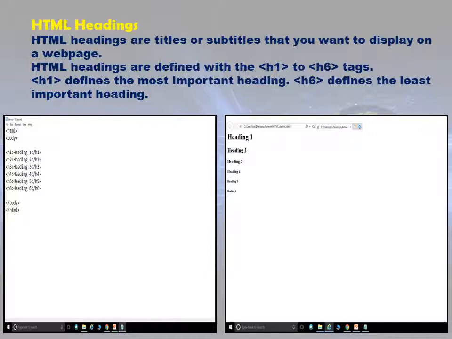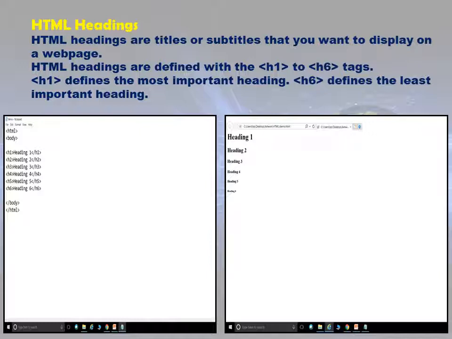So it comes, that is the H1 tag, H2 tag, H3 tag, H4 tag, H5 tag and the H6 tag. So this is the range of the heading tag, that is from H1 to H6. H1 defines the most important heading and the H6 defines the least important heading. So this is about the tags.